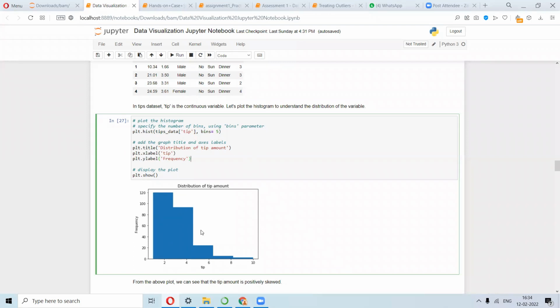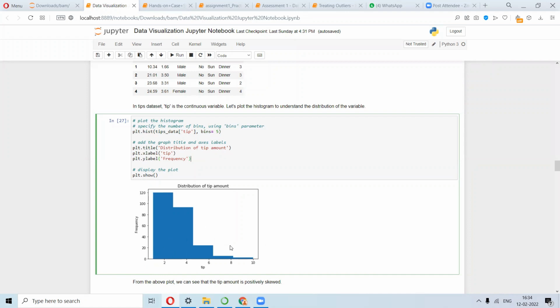Also, what are the other things that you can infer from here? I've already given you a hint: this is a left heavy distribution, right?